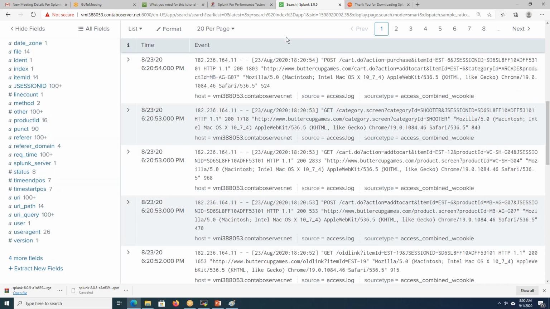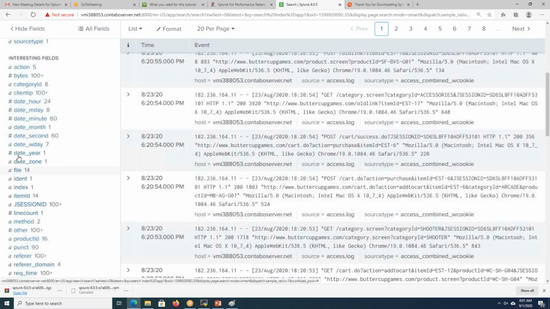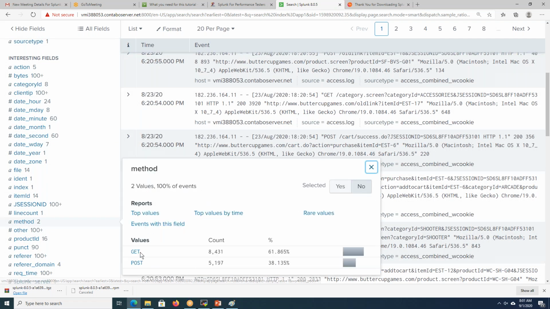There I have selected the source type as some default web cookie, right? Based on that, Splunk will recognize that after this HTTP version, I will be getting the status code. And then Splunk will add the HTTP method GET for this one. It is not a key value pair, but in Splunk there will be something called method. See, GET and POST are there.